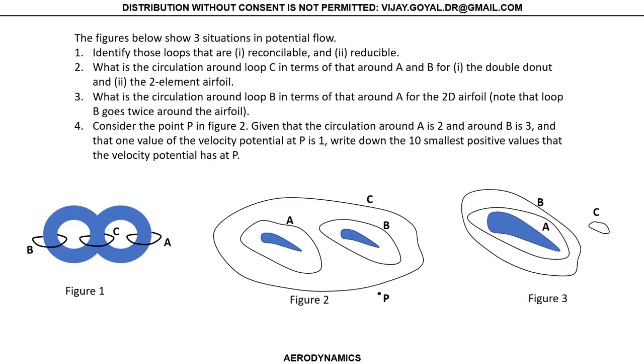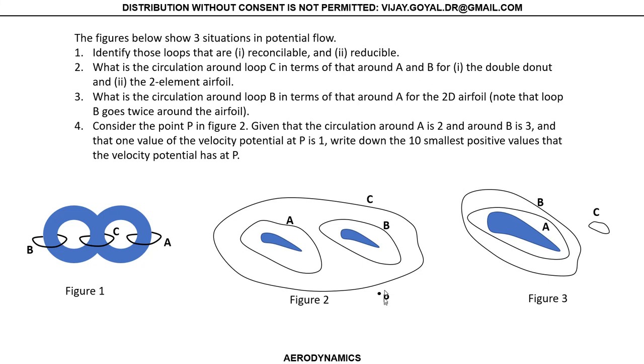So this is example number 2 on potential flow basics. In this example, we have three scenarios. We have double donuts that have a flow around them, a circulation. We got two identical airfoils and have a circulation around them and a big circulation around the whole thing and